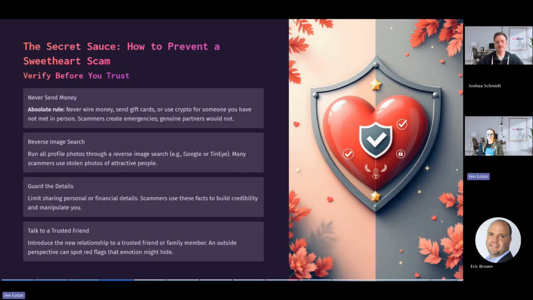Now, as we talk about the preventative measures, we're going to talk about our secret sauce, right? These are the things that we are going to hold on to and add to every type of scenario we have. If we're doing these things in advance of the scam, we are going to become a way, way less viable or attractive target for these threat actors.